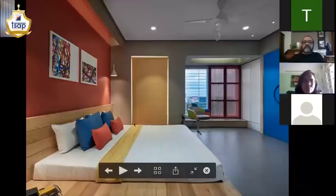And so this is actually a platform bed. And the platform bed continues over here as a platform counter, where the children can sit here and look out. They have small kids. And it's a low bed, so generally kids like to jump on the bed. So it's a low bed. It's very easily accessible for the kids. So we have used a deep red color which goes onto the ceiling. The rest of it is all in this warm gray color, which gives a good background for